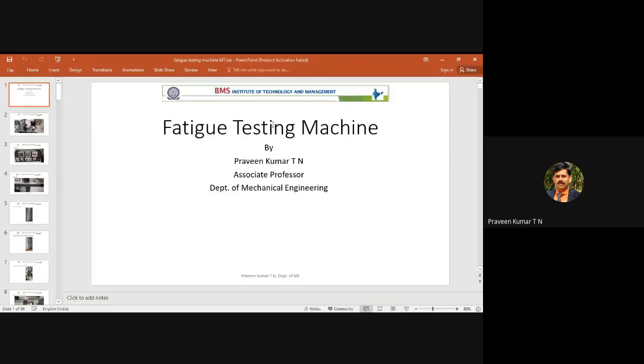So that finishes some fundamental aspects of fatigue loading. Even though it may not be there for your final exam, it is only a demonstration, but a lot of fundamentals are required because you are using the fatigue concept in another 2 or 3 subjects, and the same concept you are studying in your material science. That's why I spent some more time to explain fatigue and the grain boundary. Those terms are very, very important.